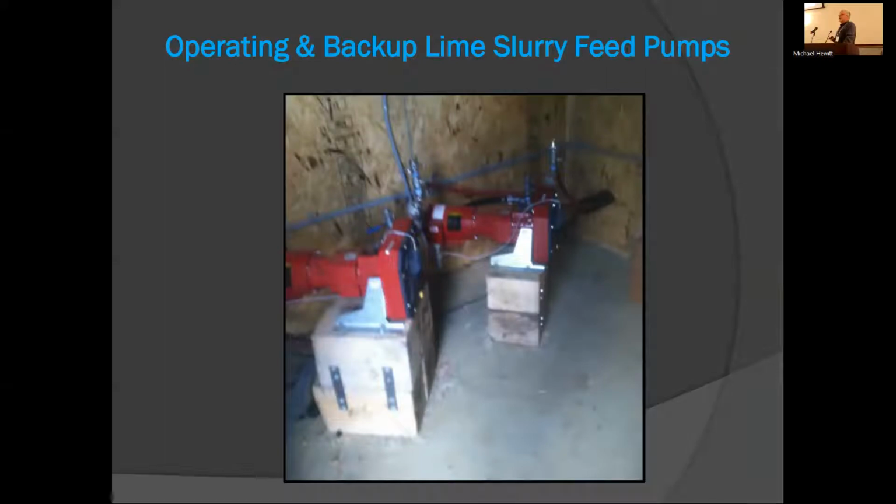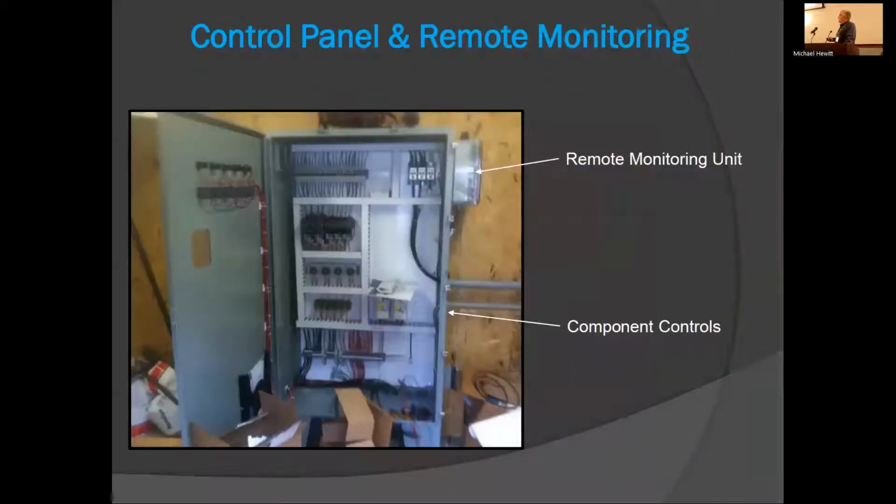However, because of the low variability in flow and chemistry, the changes are gradual, so the operator determined it was better to just use pH as a monitor and just adjust the lime slurry feed rate to that target pH maintenance. So this is the focus of it. How do we make an active system